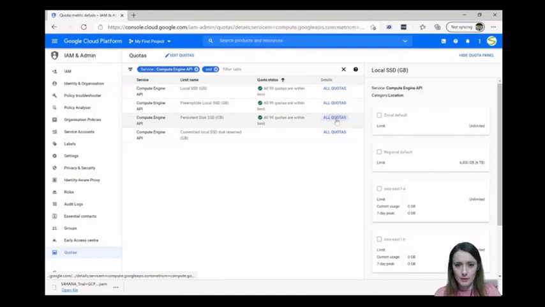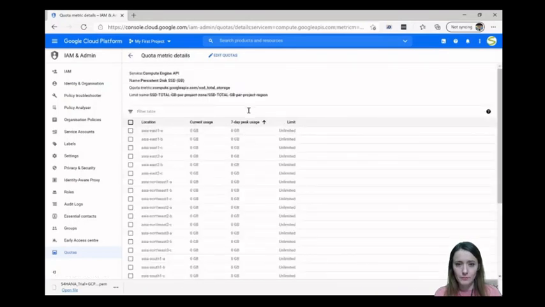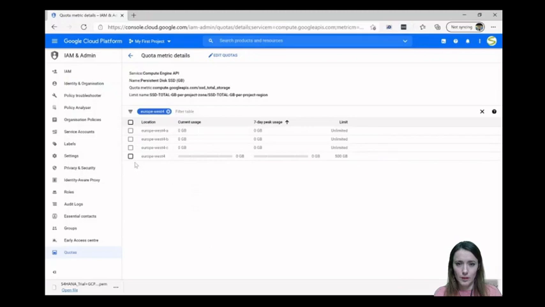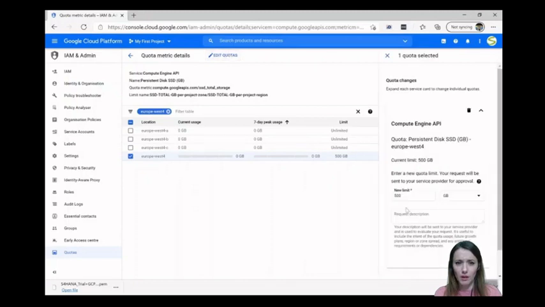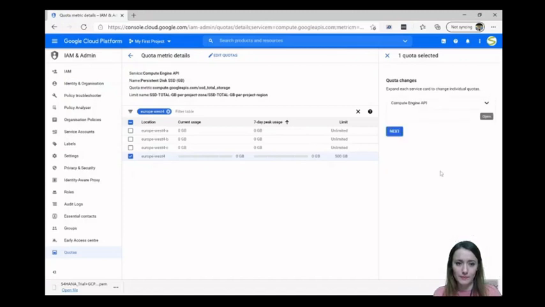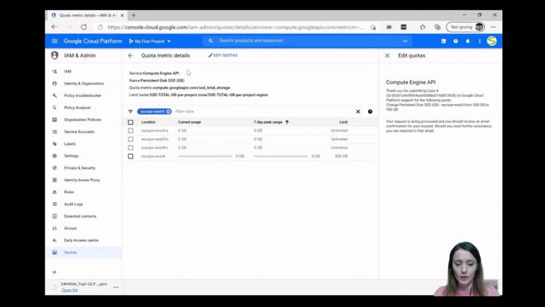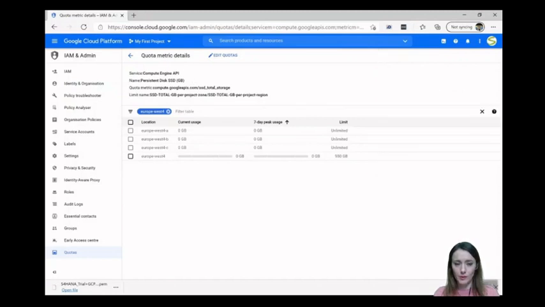So now you need the persistent disk SSD in your API, sorry, Europe West 4. And in this case I was receiving an error of, I think it was 913, but I don't care. I'm going to put 950 and I will be on the safe side. Description, and we are going to receive again 3 more emails from Google. You will have to put the phone, the address, submit the request. Okay, so now let's wait and confirm that we have the quota updated.